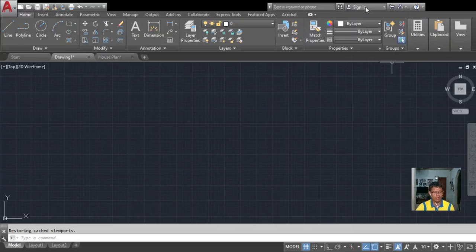The info bar is where you can quickly search for a variety of information and resources, access product updates and announcements, and save topics in the info center. But you need access to the internet. So those are the parts of the AutoCAD working environment.